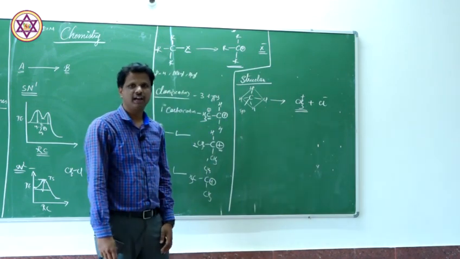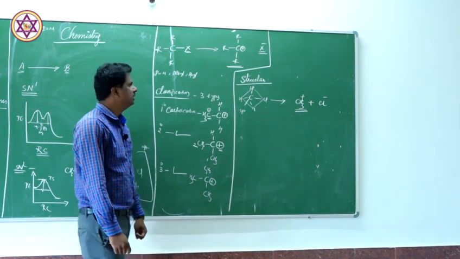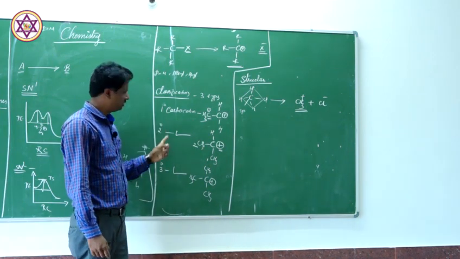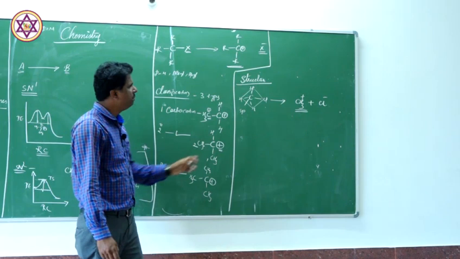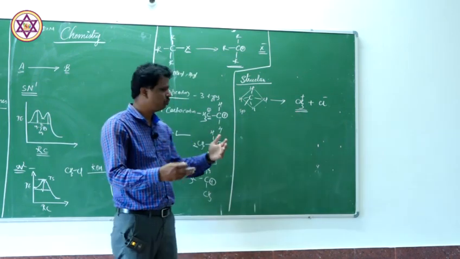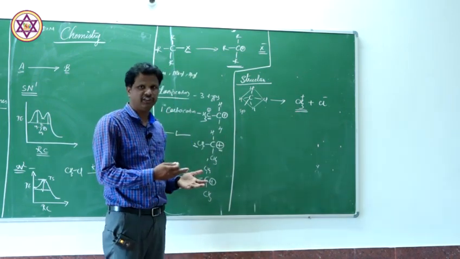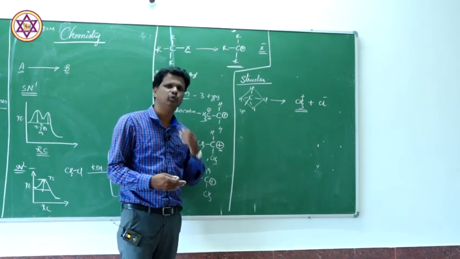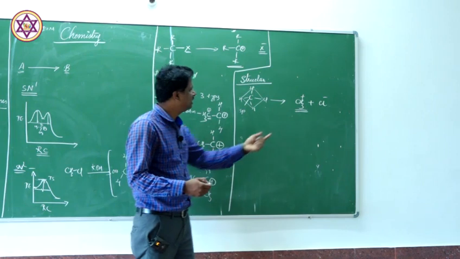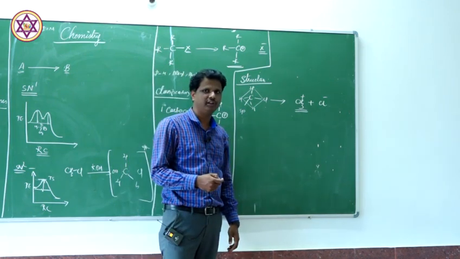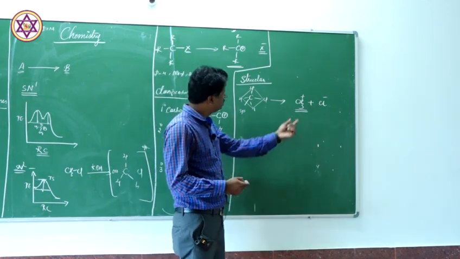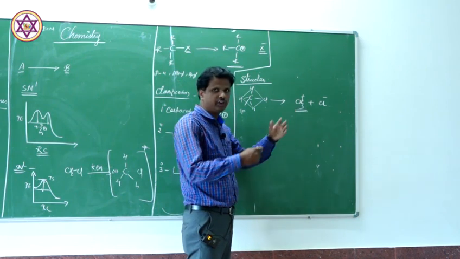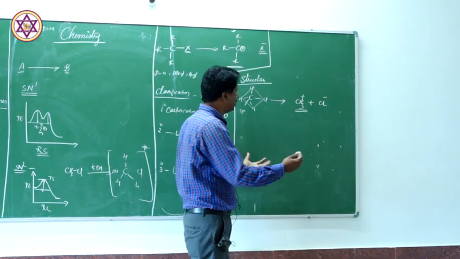Now we got the methyl carbocation. I have discussed primary, secondary and tertiary carbocations. The methyl carbocation does not belong to any of these 3. It is quite separate in nature. We simply call it the methyl carbocation. In some textbooks they say super primary, but let us simply say that it is a methyl carbocation itself. Now if you observe this methyl carbocation, if you expand its structure, let us see how exactly it looks.